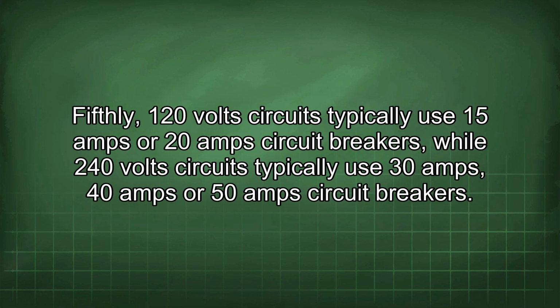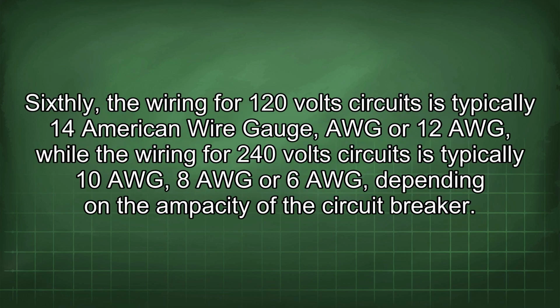Fifthly, 120 volt circuits typically use 15 amp or 20 amp circuit breakers, while 240 volt circuits typically use 30 amp, 40 amp or 50 amp circuit breakers. Sixthly, the wiring for 120 volt circuits is typically 14 American Wire Gauge (AWG) or 12 AWG, while the wiring for 240 volt circuits is typically 10 AWG, 8 AWG or 6 AWG, depending on the ampacity of the circuit